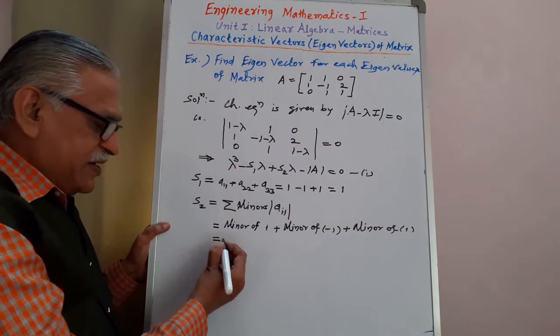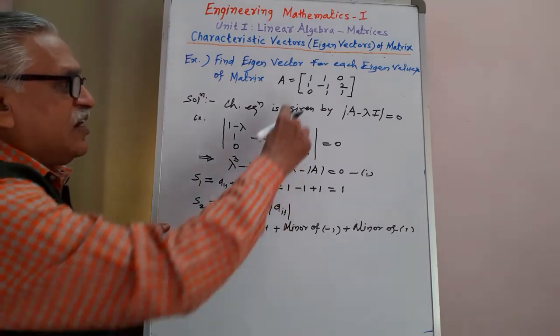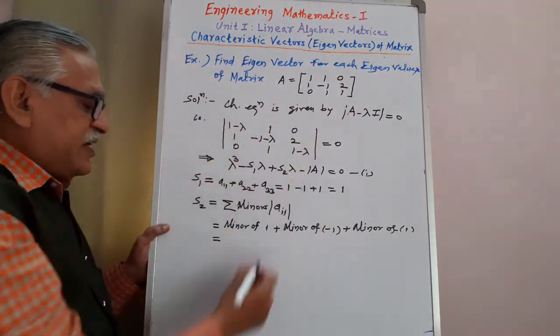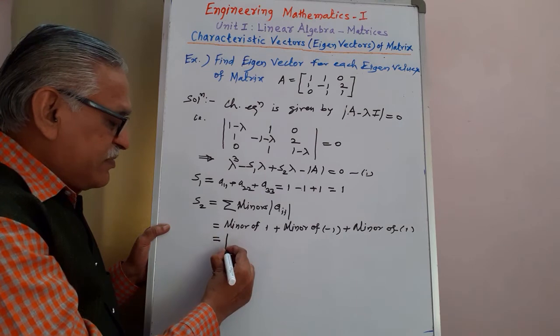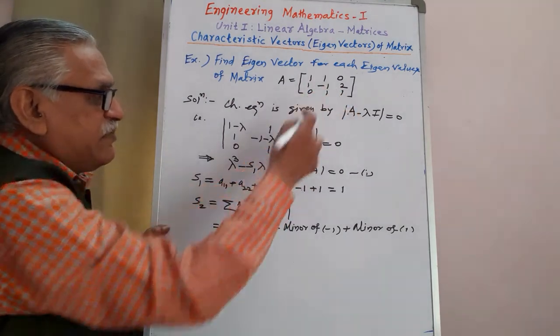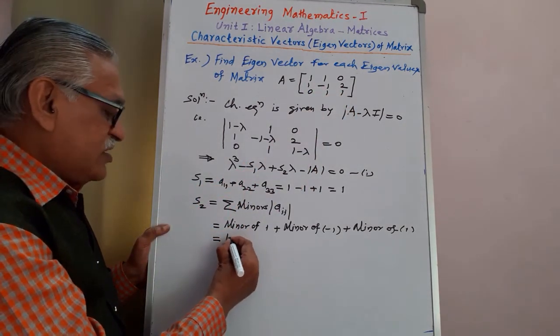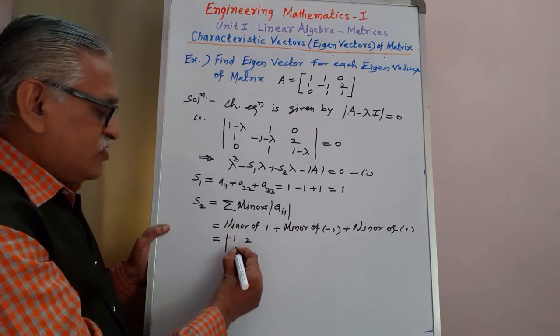To obtain this minor, which is nothing but a determinant, we neglect the row and the column containing it, and then take the determinant of the remaining elements. Here the remaining elements are minus 1, 2, 1, 1,